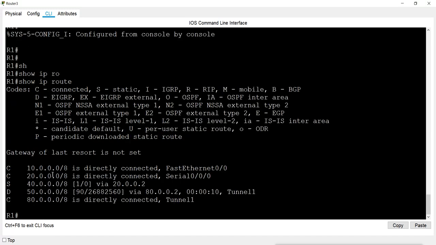And we can see that it knows these networks are connected, but it knows this 50 network because of the tunnel. And it can go there by using this tunnel interface. So for the 50 network from router 1, it uses this tunnel to go to that interface.